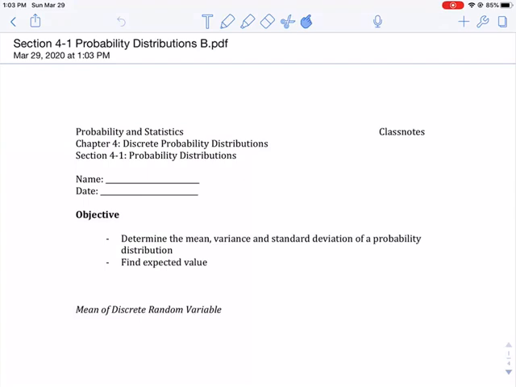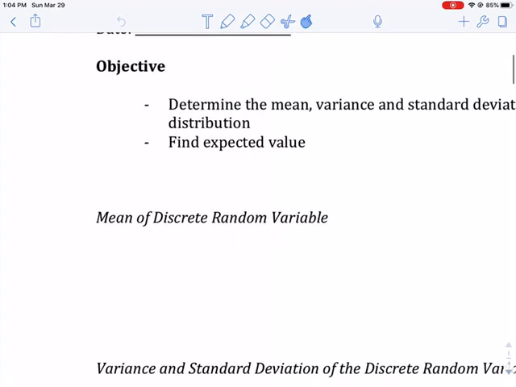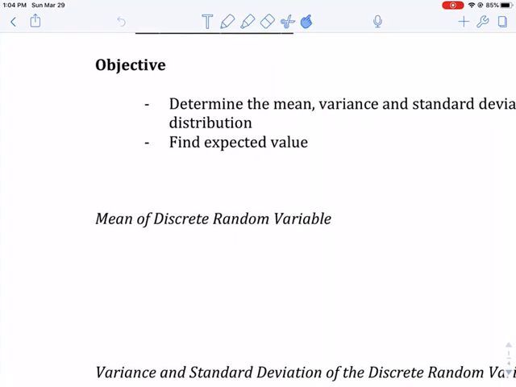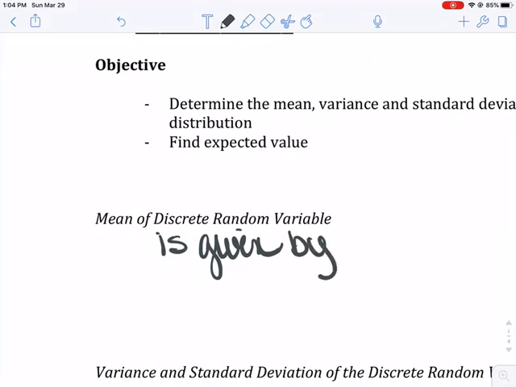All right, so what we're going to look at today is the mean, variance, and standard deviation of our probability distribution, and talk about what is called the expected value. The mean of a discrete random variable is given by the formula